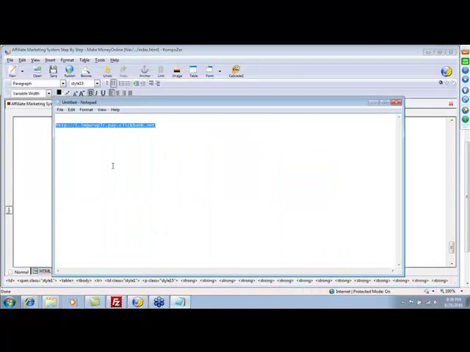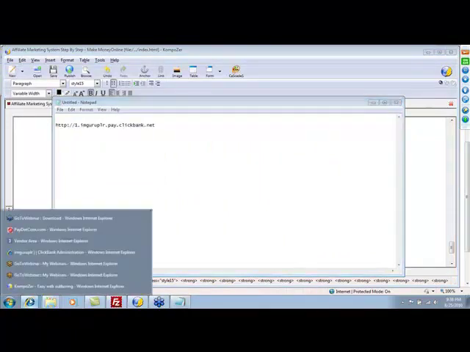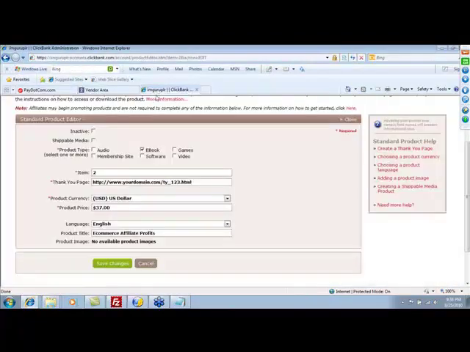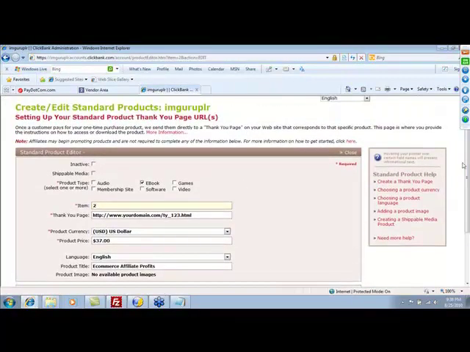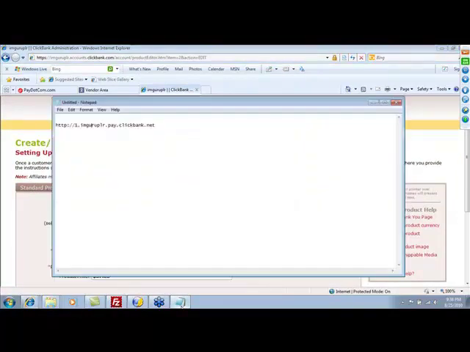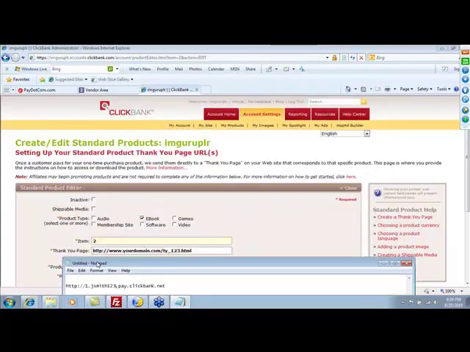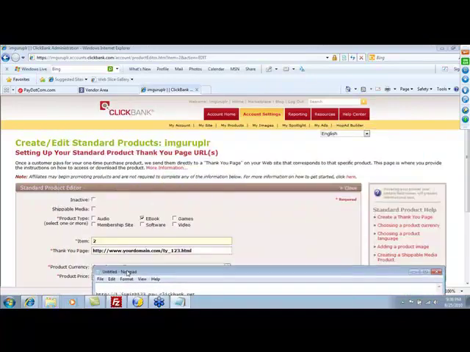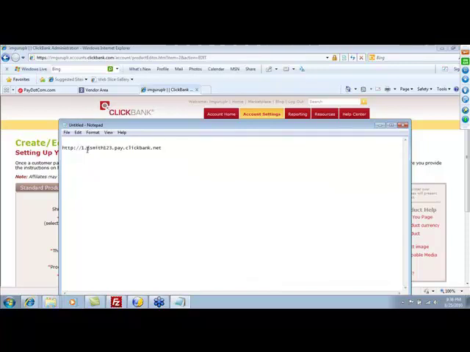But again, all it is is the product ID that we set up back here within ClickBank. It was a simple, basic product ID. Item number, that's what you put in, and then your item number is what it is, dot your account name, the username you came up with to log in. It could be J Smith or J Smith 123 if they allow that. So it's your product number that you see here, or item number, and then you need to make sure your thank you page is there, and then you need to put in your login name for ClickBank, and then it's